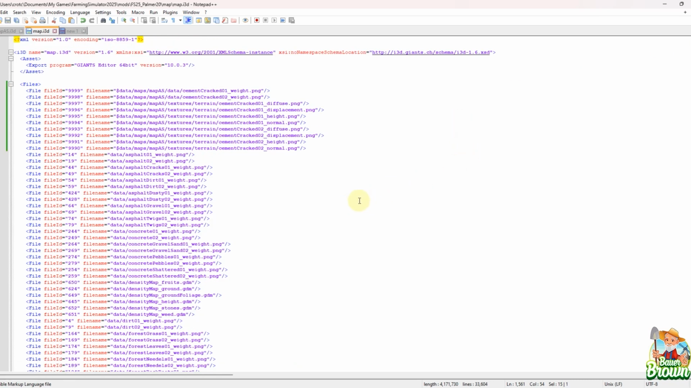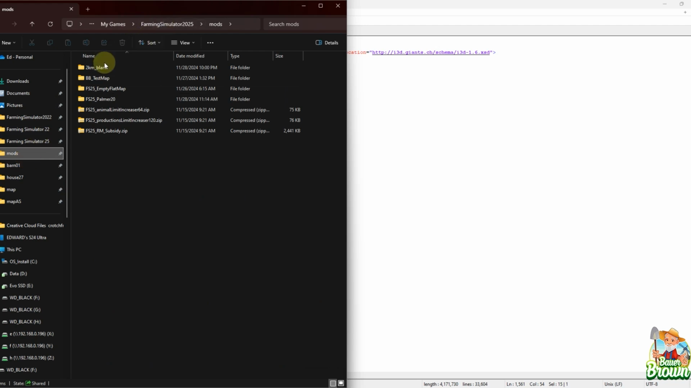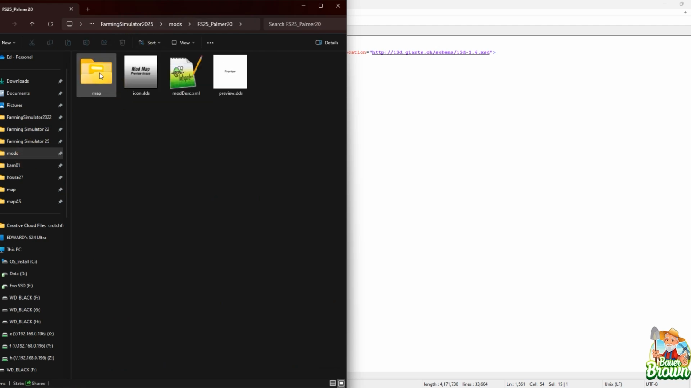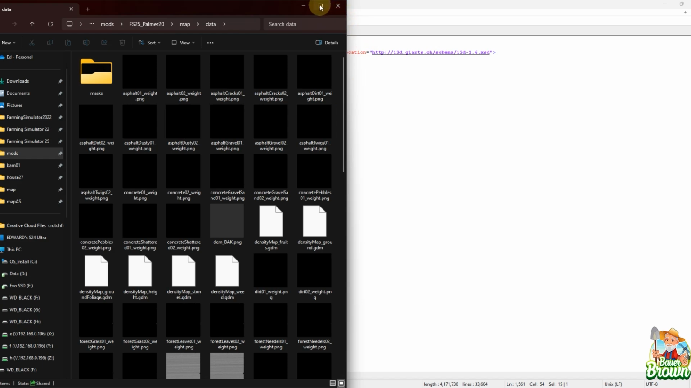Once you have everything copied over, you can just go ahead and save. Now we need to get back over to our base game files. All right, so let's get ourselves back into our base game. And where was I? I was in this Palmer. All right, so we're going to open this up. Now the difference was inside of,